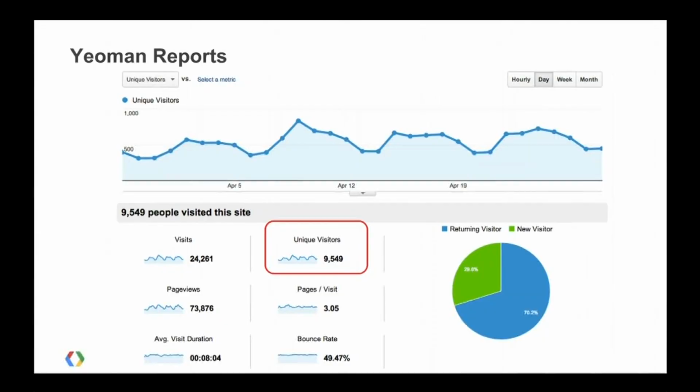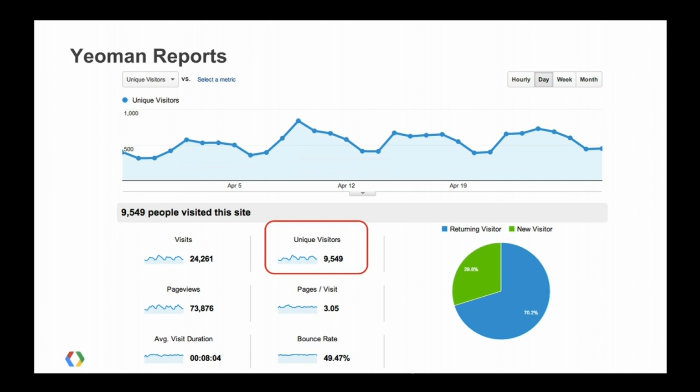So all of a sudden, they could log into the report and see exactly how many people are using their app. And this is huge. This is huge because they're not tracking installs, they're tracking active users using the unique visitors metric. In fact, this is one of the most popular things they use during performance review time because they can actually quantify the impact their team has on growing the adoption of this product.